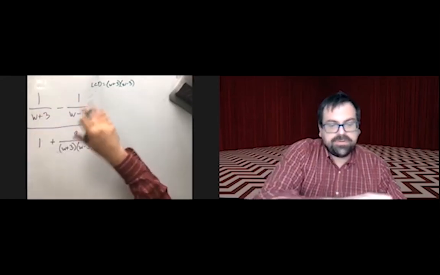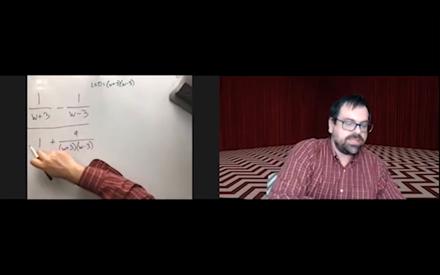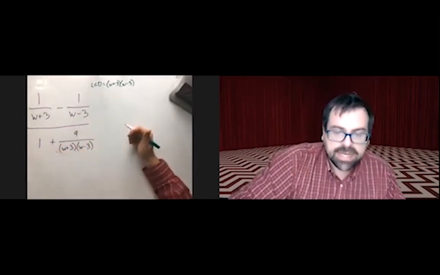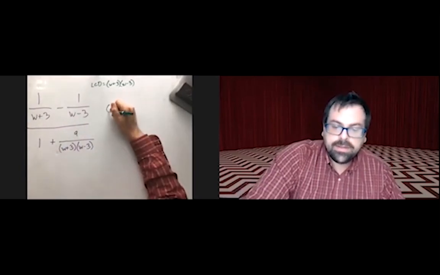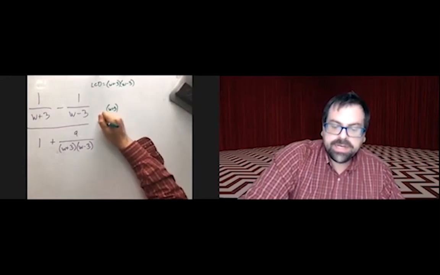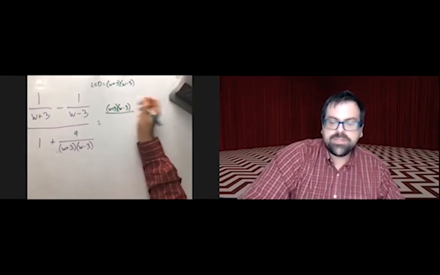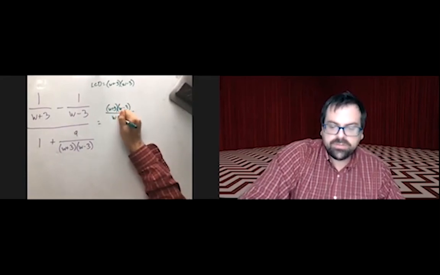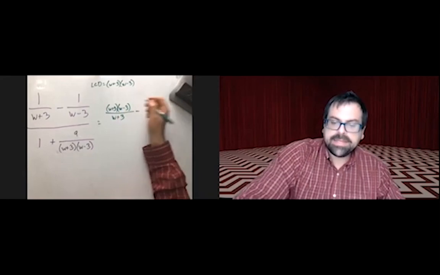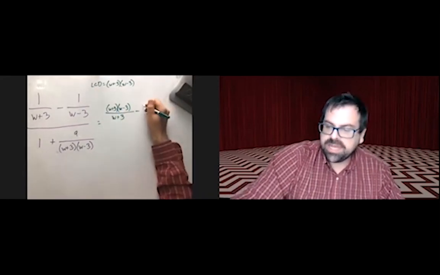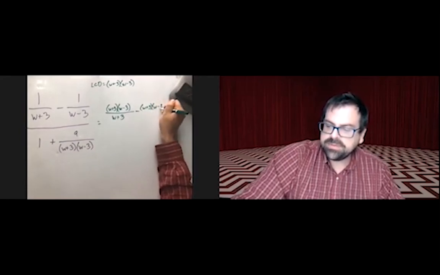So into the top of each, we shove in times the 1, times the 1, times the 1, and times the 9, the overall LCD. W plus 3 times W minus 3 times the 1 is just itself over W plus 3. Minus, again, since it's just times 1, we end up with W plus 3 times W minus 3